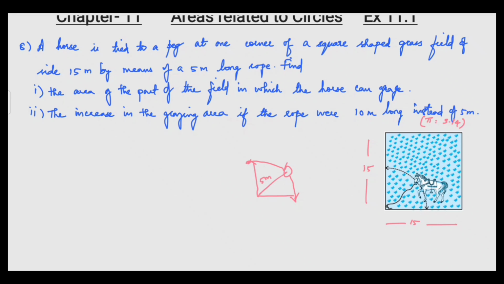It can graze on either side of the square field and make a quadrant from it. And the radius of the quadrant becomes 5 meters because the rope becomes tight when the horse moves to the maximum area. So taking this into consideration, we'll find the first subdivision answer. Area of field grazed by the horse